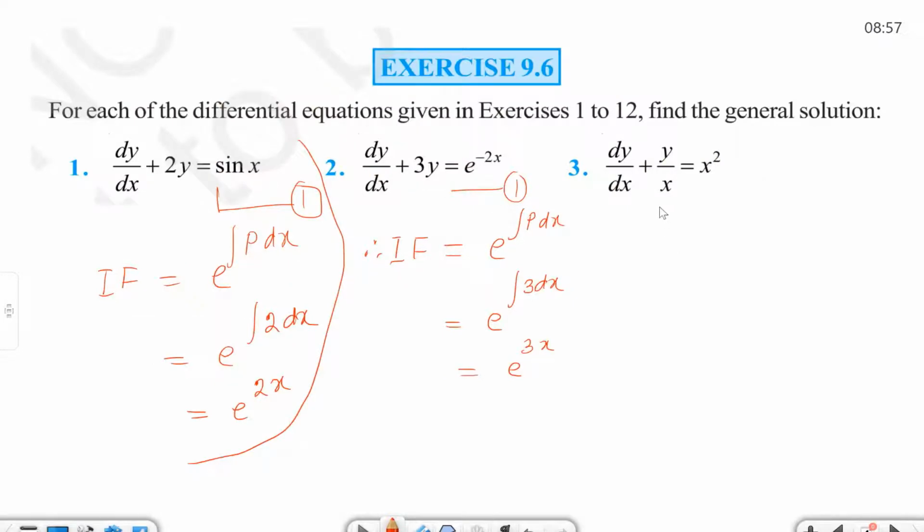to solve এটো এতিয়া তোমালোকে নিশ্চয় সলভ কৰিব পাৰিবা ইয়াতে IF টো কিমান আহিব কোৱাচোন ইয়াতে IF আহিব e to the power integration p dx, p is 1 by x dx আছে y coefficient so it is 1 by x so obviously e to the power log x is there because integration 1 by x is log x and e to the power log means simply x e to the power log আছে গতিকে কেৱল এটো আহিব so এটো x ইনটু কৰিবা ইয়াতে ইনটু কৰি দিবা